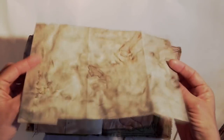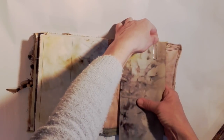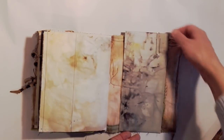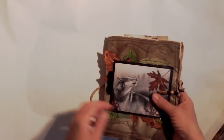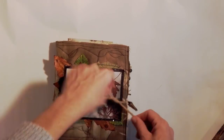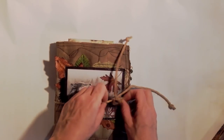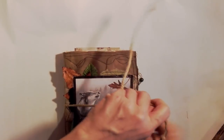key-dyed paper, very noisy one, which is nice. And then it goes there. It's a bit taller or longer than the journal, but I like it. It's, you know, why not? It doesn't all have to be perfect. Anyway, okay, I didn't tie that very well. That's the Wolf,